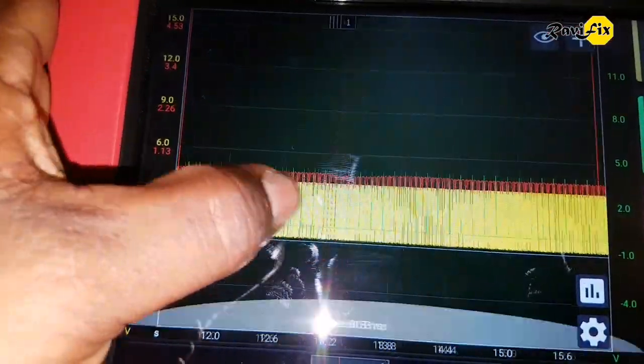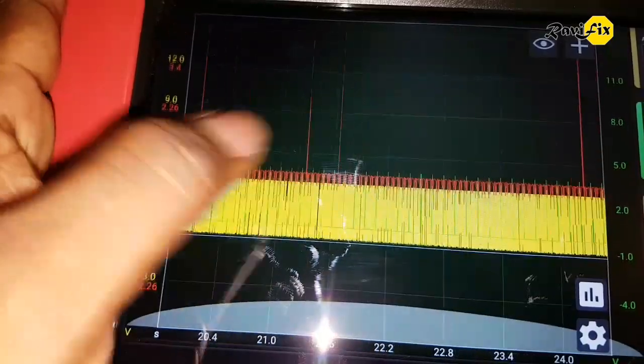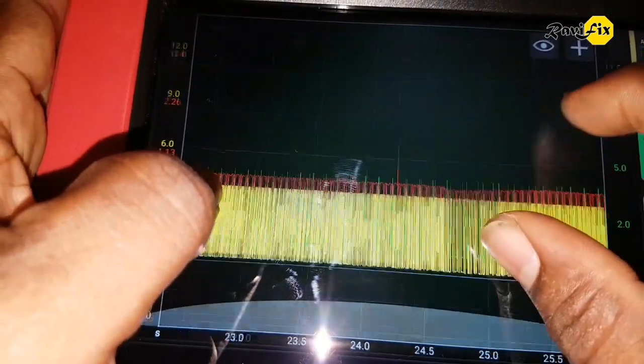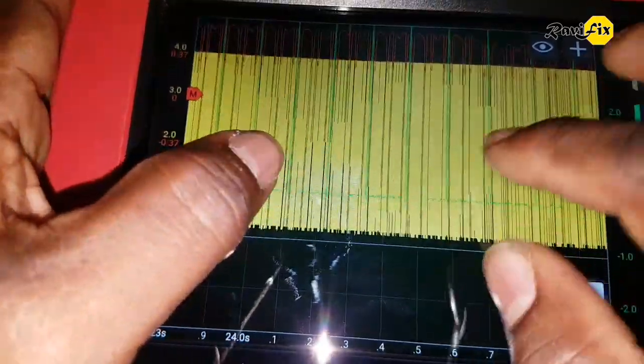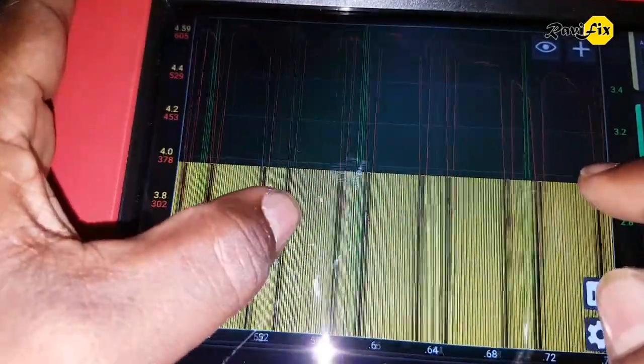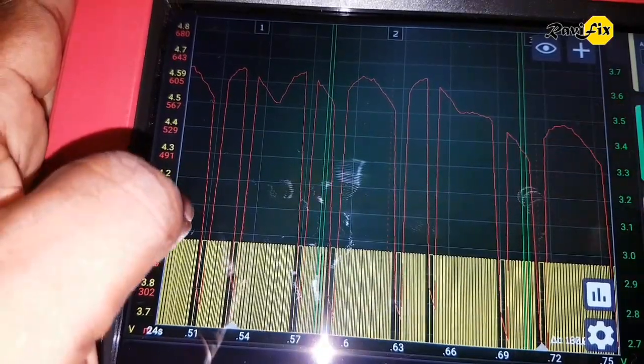So let's check another location where a misfire occurred to confirm whether the misfire happened on the same number 3 cylinder. Okay, here is another misfire location. Let's analyze it by putting firing order grids.